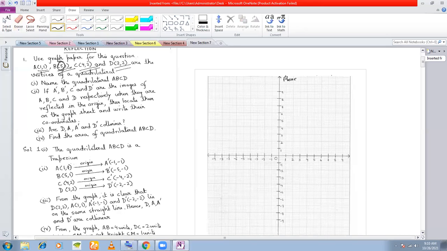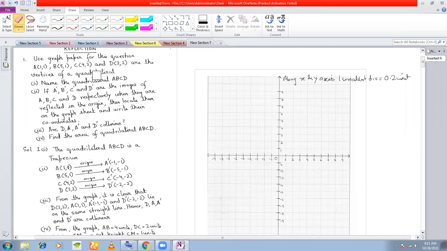Along x and y axis, one smallest division is equal to 0.2 unit. Because in coordinate geometry, you take the scale of x and y the same. You cannot take different scales in the x and the y axis. We're not drawing a histogram. We are not drawing a frequency polygon. So that is why keep the scales the same in the x and the y axis. This is the basic rule of coordinate geometry, that the scale in the x axis and the scale in the y axis have to be the same.